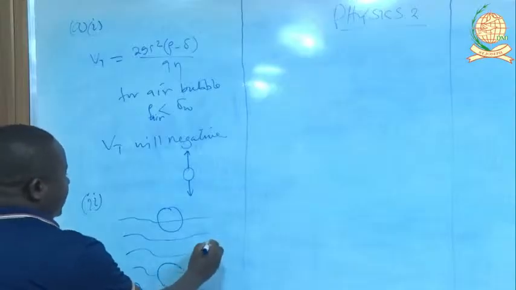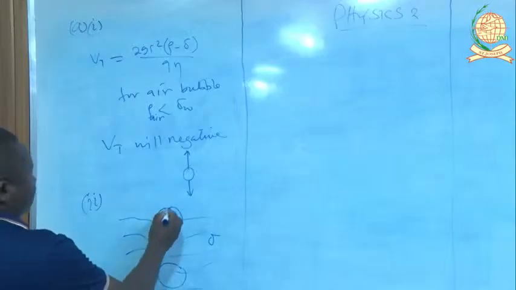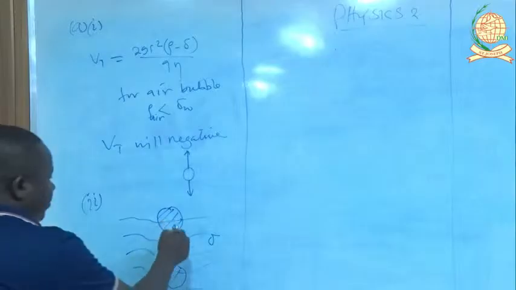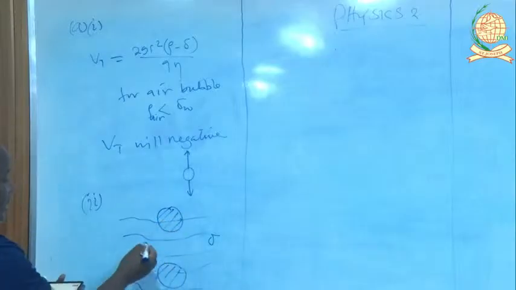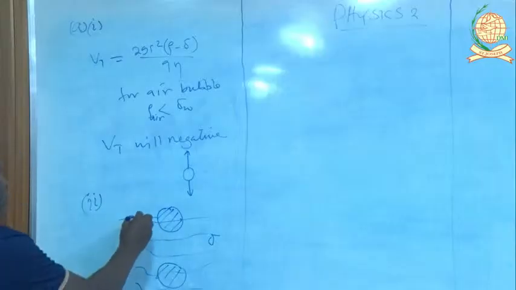The fluid has a density sigma. This is the spherical body with a density rho. Then we are supposed to show that the time it takes from the moment it is released on the surface